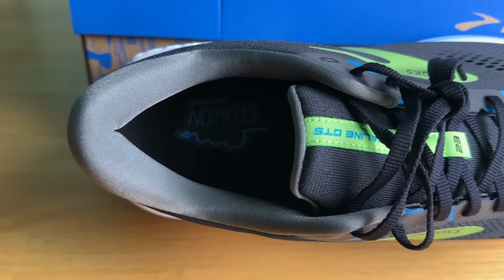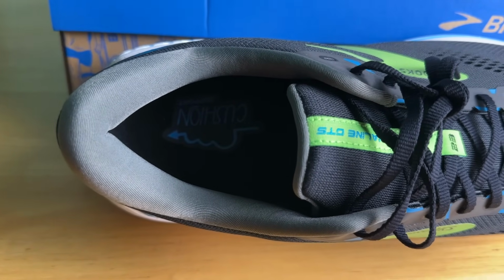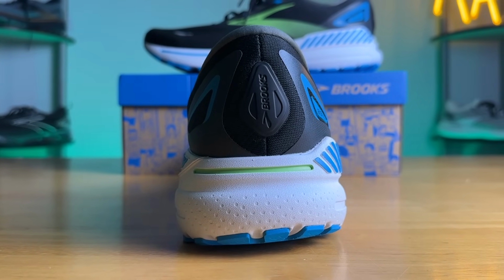If we move to the back of the shoe, it has a ton of padding, a very plush, premium experience with an extremely rigid heel counter, which makes sense because you kind of want that on a stability shoe. Overall, in my opinion, the lockdown was solid, didn't have any heel lift, and I thought it was quite comfortable. It feels very much like a conventional Brooks experience, if you will, kind of what you've come to expect